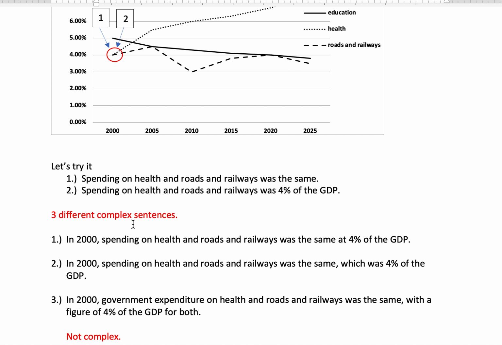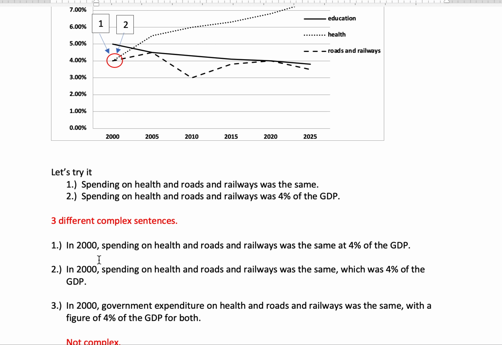Three different complex sentences would be: in 2000, spending on health and roads and railways was the same at 4% of the GDP. Now here, a complex sentence using the word "at". Remember we learnt just now how we can make complex sentences in three different ways. First is by using "at", second is by using "which". Now let's try this. In 2000, spending on health and roads and railways was the same, which was 4% of